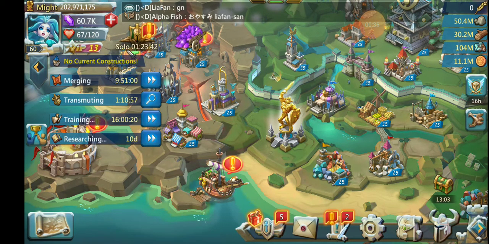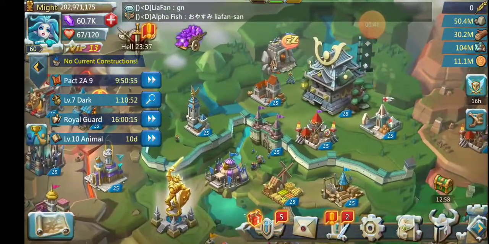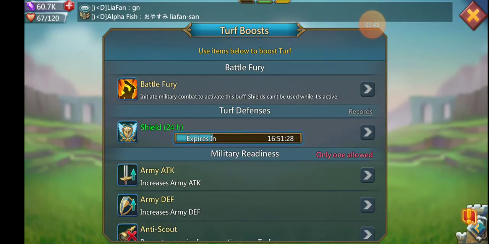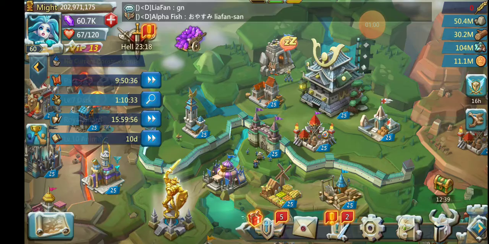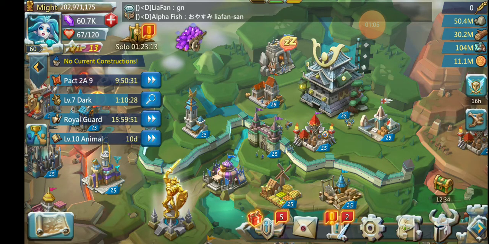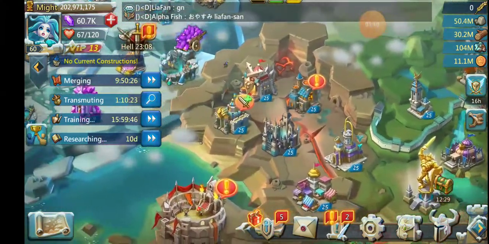To start out, I do shield every day. I use 24-hour shields, also known as one-day shields, and I have 83 of them. I try to keep 90 of them at the beginning of every month. I do spend like $10. I buy like 30,000 gems a month just specifically for shields, but it is possible if you can farm enough